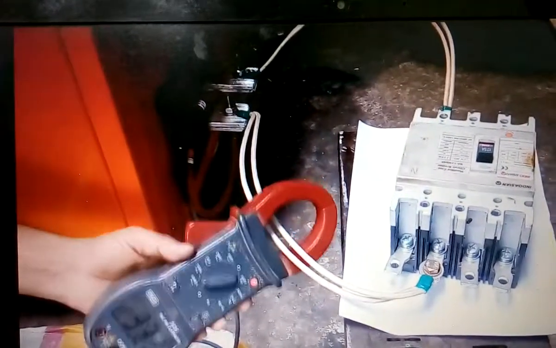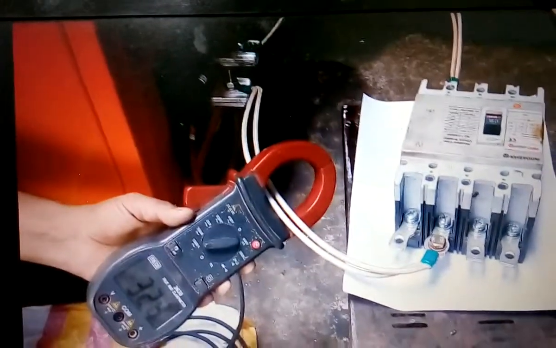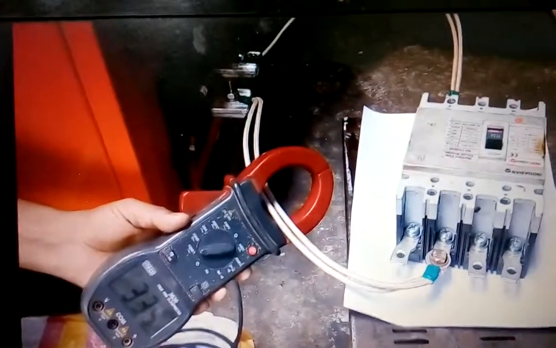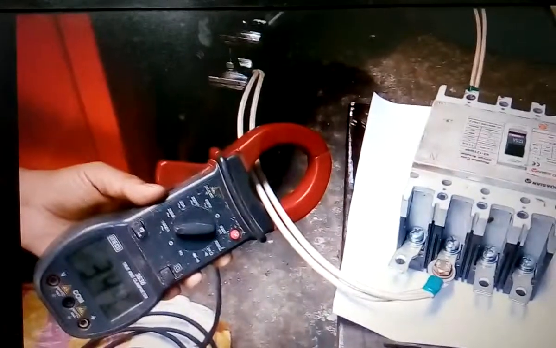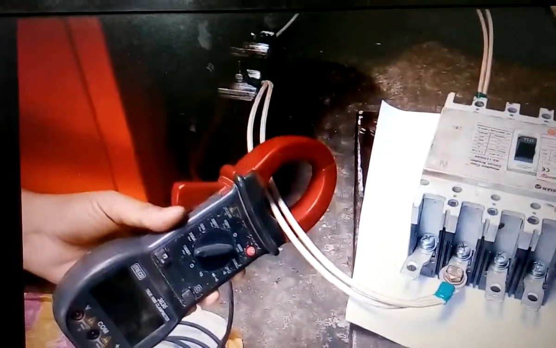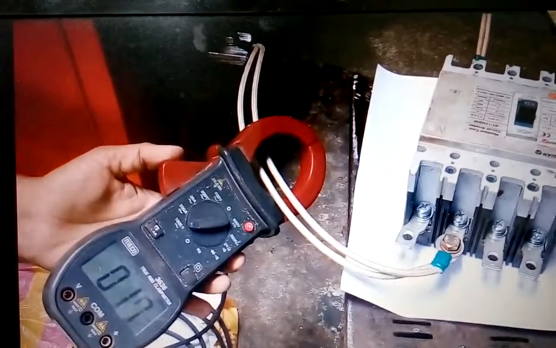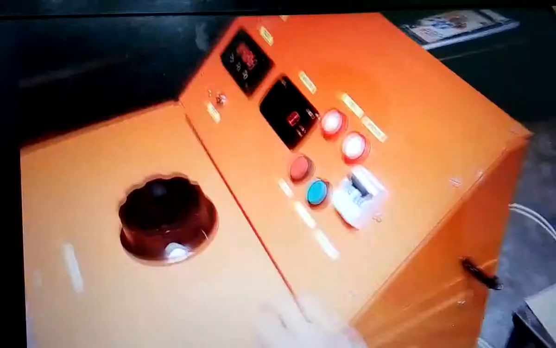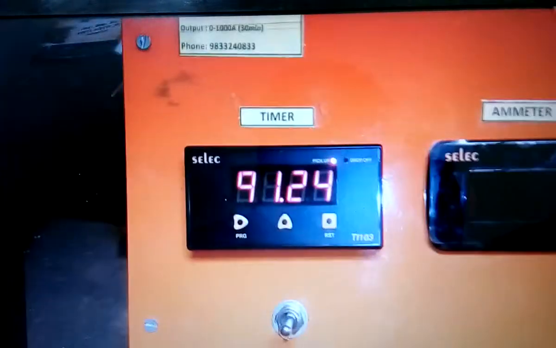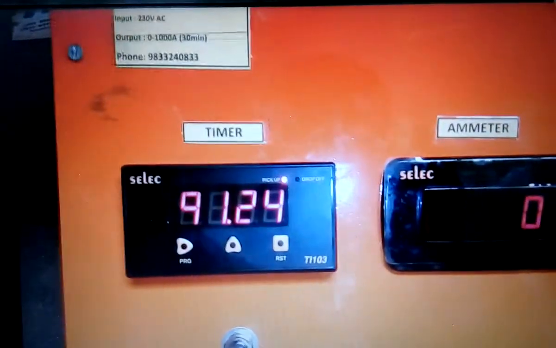The tripping must have initiated, but due to thermal characteristics it will take time to trip. It has tripped now. What current? 0 ampere. Now 91 seconds. So at 91 seconds we have stopped the timer.